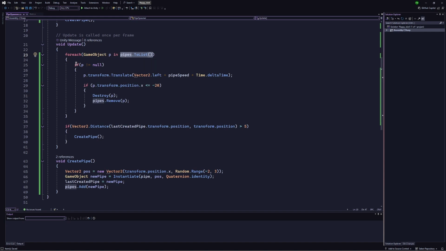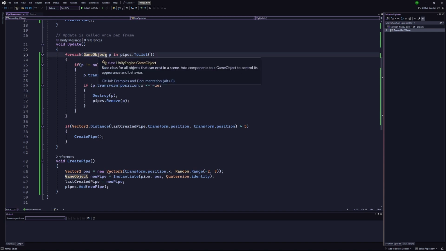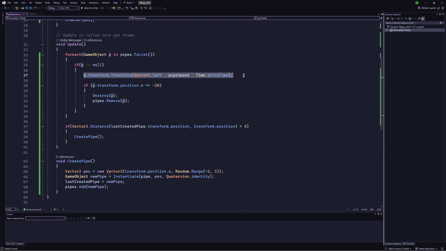We're going to check, and I don't think you really need that check since we added pipes in here, but it's still always good to include this. You want to check if P, because we're looping, so we're going for each game object P. So if P is not equal to null, if P is actually something, then we can translate it to the left at pipe speed,